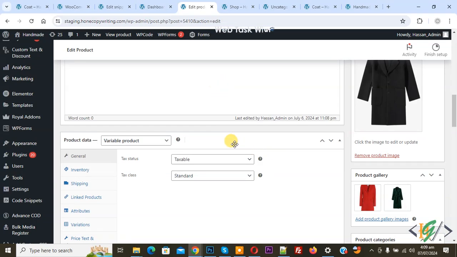Bismillahirrahmanirrahim. Assalamualaikum. My name is Hassan and today we are going to slide product images on hover using a plugin in